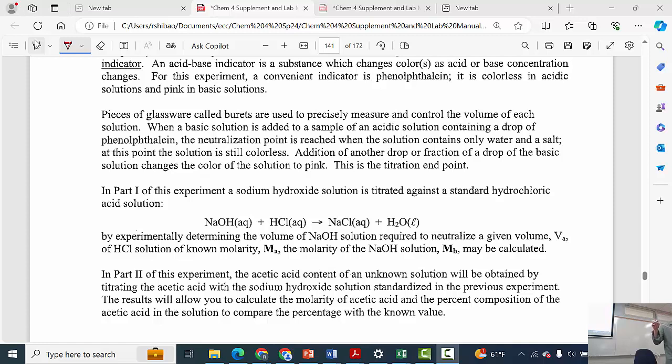In Chem 4, we're going to use two burettes. The setup is a little bit longer for Chem 4 because we need two burettes. The other problem with the Chem 4 titration is that using two burettes